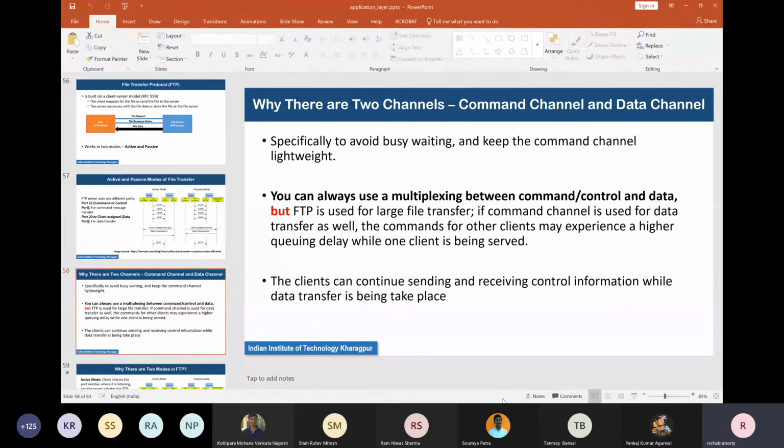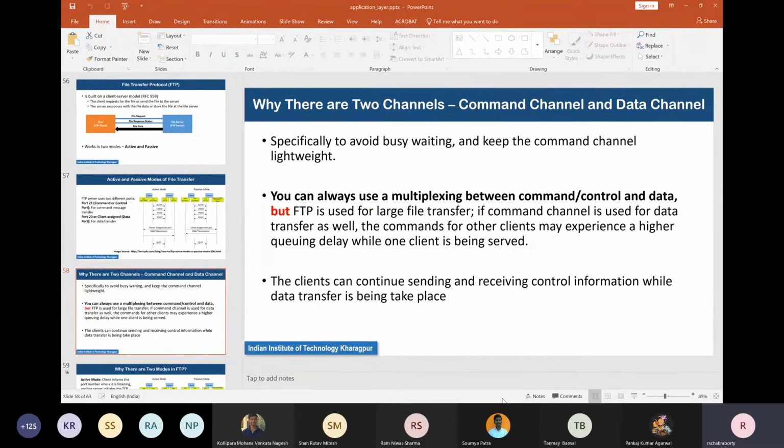Now, how often will it keep listening to these ports for incoming commands? Because if it is using the same shared channel, then after the data transfer has finished, it does not want to keep resources always listening to that same command.